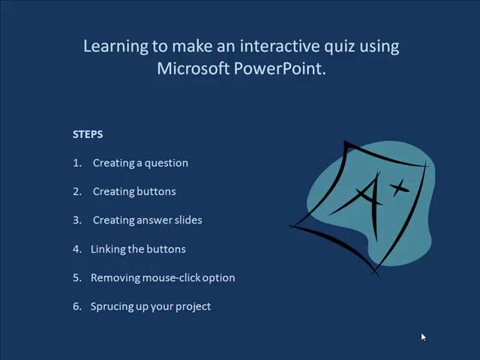Hello, I'm going to teach you how to create an interactive quiz using Microsoft PowerPoint. We will begin by creating a question. Then I will show you how to add answers to the question using the buttons option. Next, we will create the answer slides, which will actually be one correct and one incorrect slide for each question